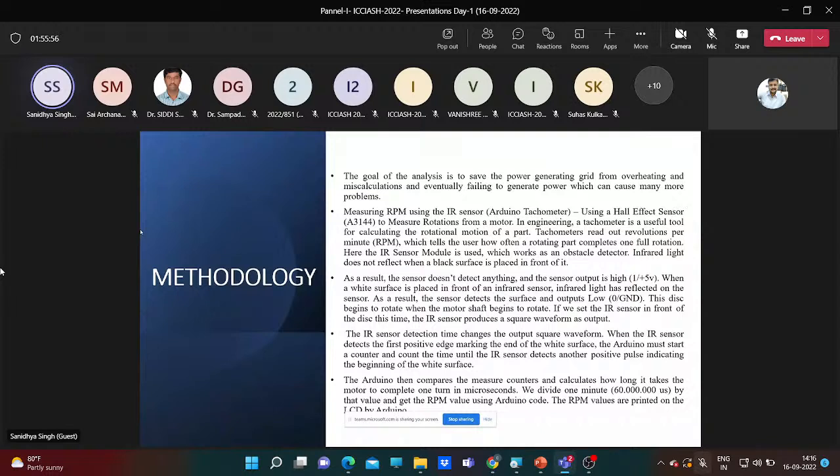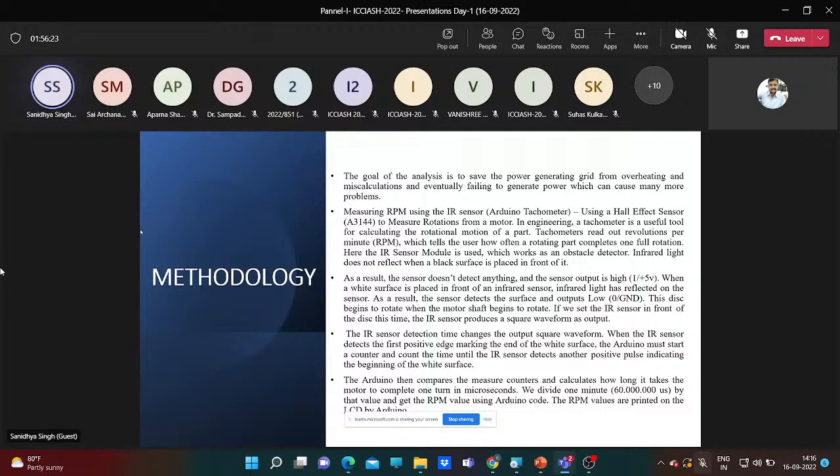As a result, the tachometer reads out the revolutions per minute, which will tell us how often a rotating part completes one full rotation. And so the IR sensor will detect the time changes, and we have associated it with the Arduino